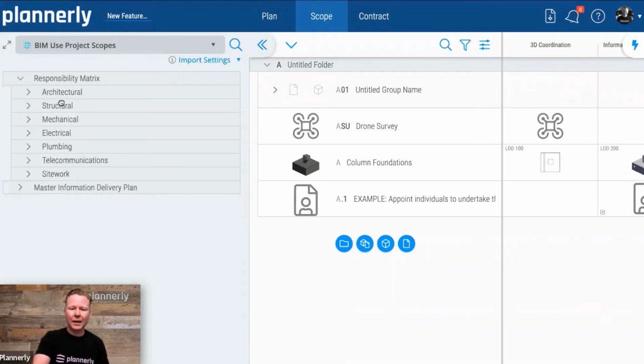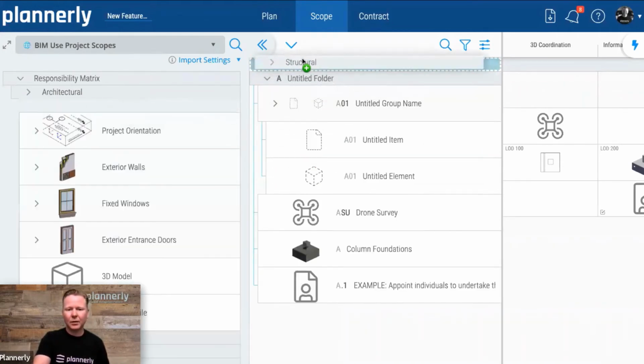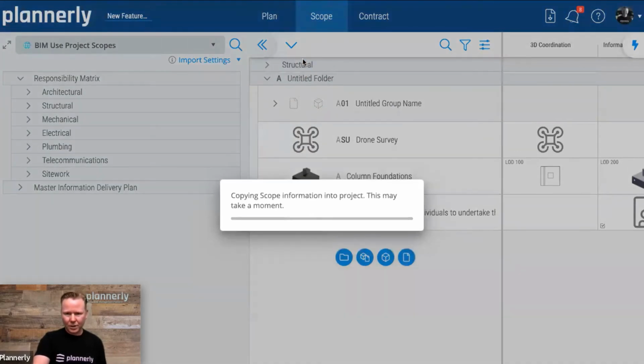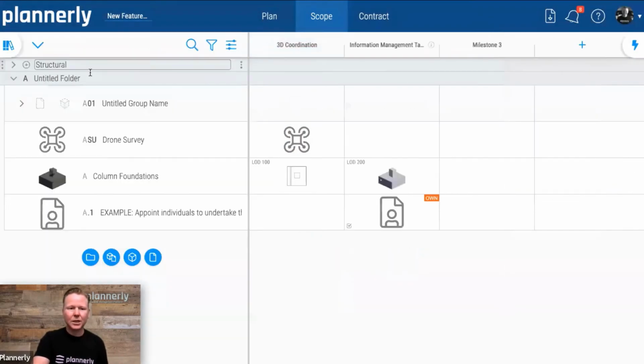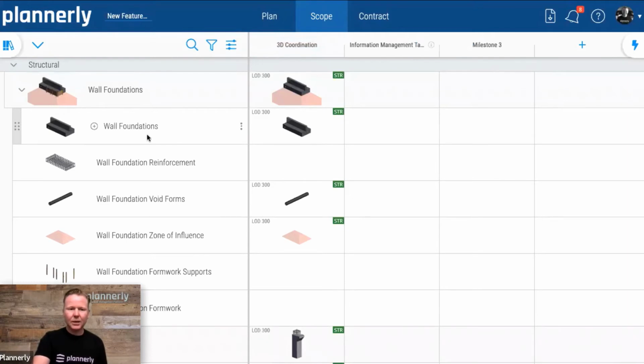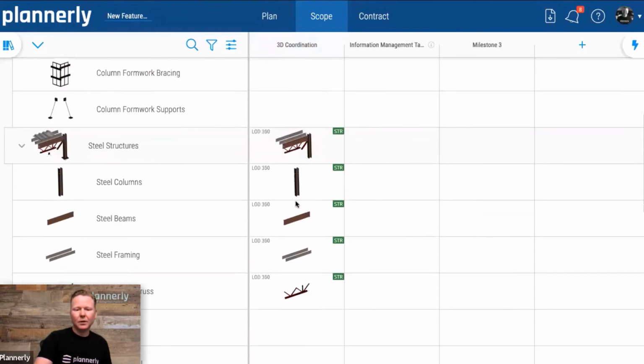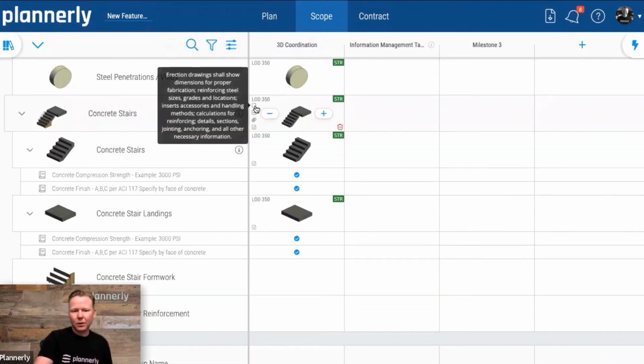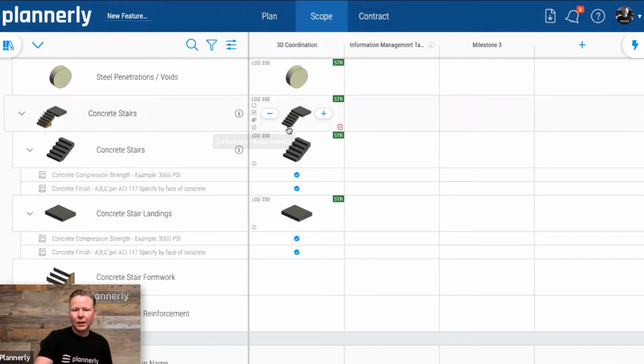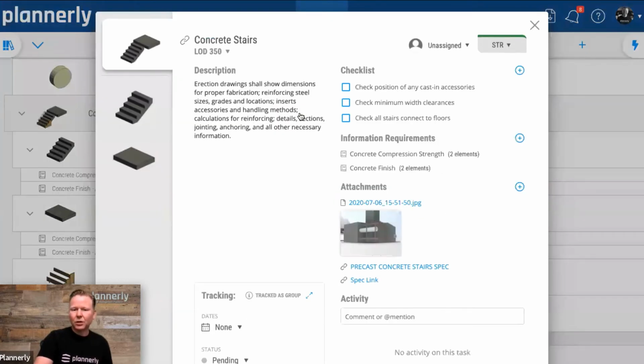If I drag now into my project, let's drag it up the top, all of our structural content, that again, you can see nice and quick to bring in that content. Now we start to see all of our tasks and they are mapped to the coordination milestone that we have. Mm-hmm. Tooltips for content, and for example, the description, clear representation of these, and just opening up one of these to show you how much has been brought in from that library and how quickly that has been brought in.